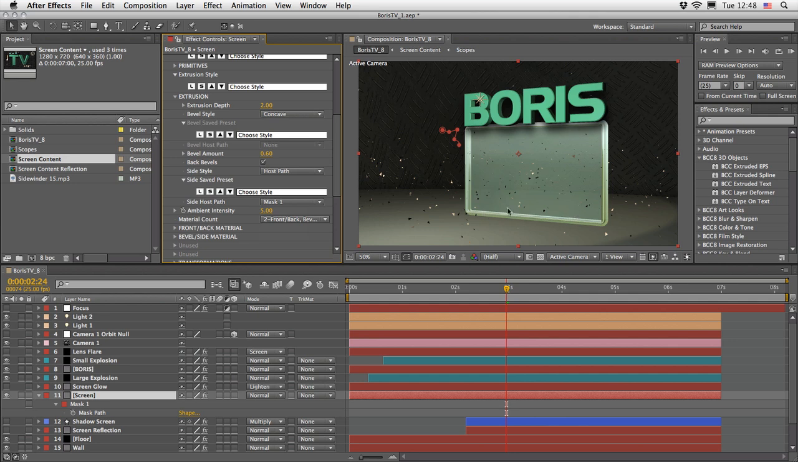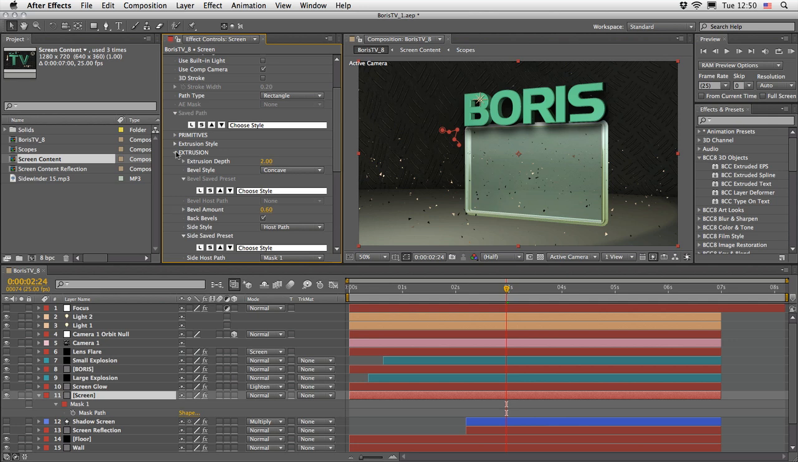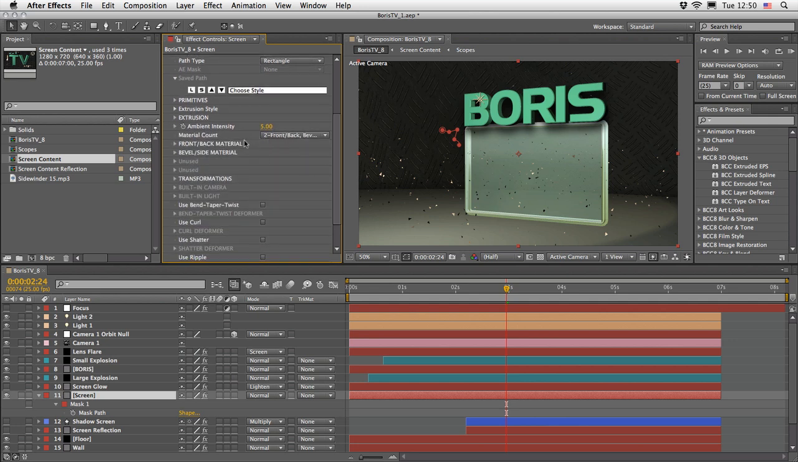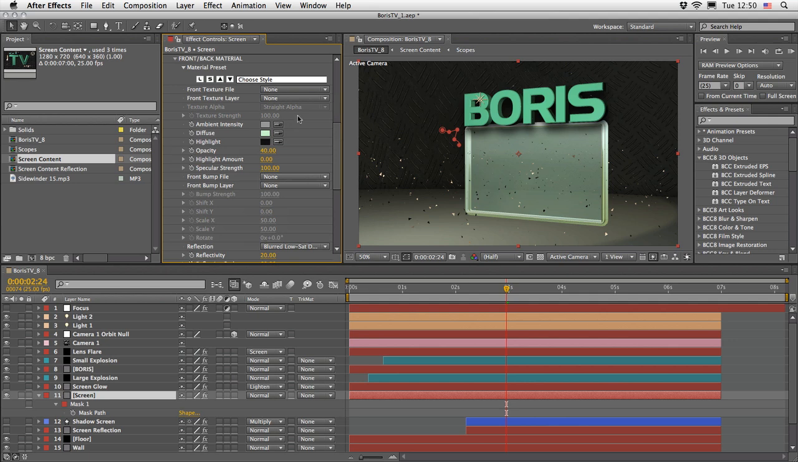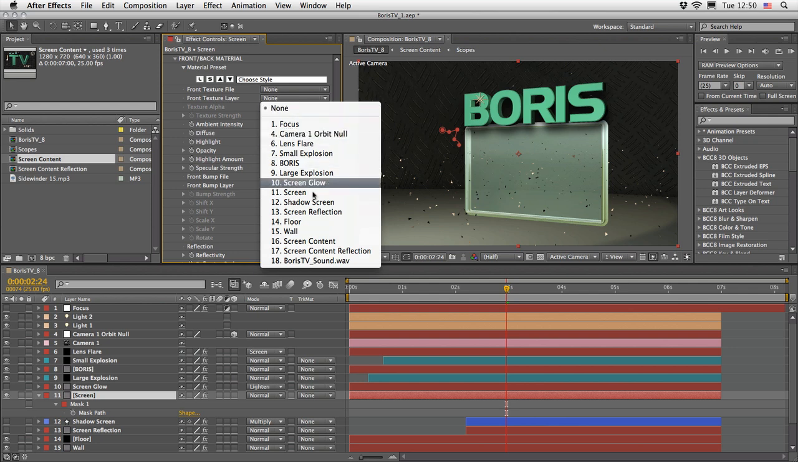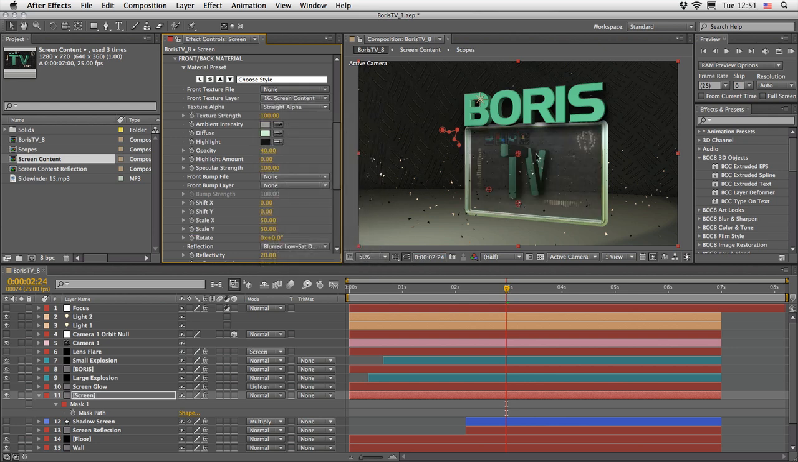Now, in order to make the screen semi-transparent, I chose two different materials, one for the front and the back and the other for the bevel and sides. For the front and back material, I've used the custom texture layer, which just has to be something that is present in your composition. So this is my screen content. And as soon as I choose it, we can define what layer will be given to this texture. And for the side, I just changed the diffuse color to light green just to match the whole atmosphere,